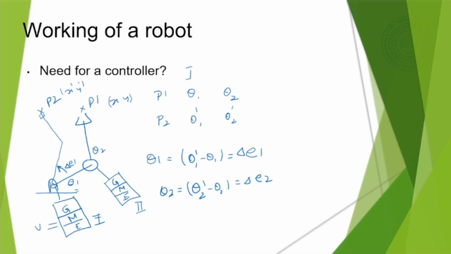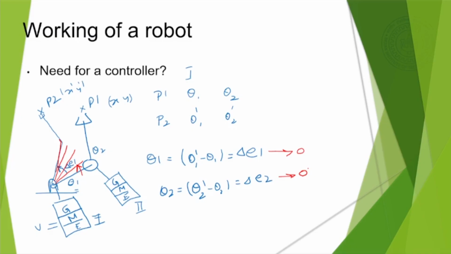So the controller will start giving voltage to the motor. Once you give voltage to the motor, the joint will start rotating and move in that direction, until it reaches there. So what is the function of the controller here? The controller has to find out where the present position is and where the robot has to go, find the difference between them, and then drive the motor such that the difference becomes equal to 0. If I drive it and make the difference 0, it means it has reached.